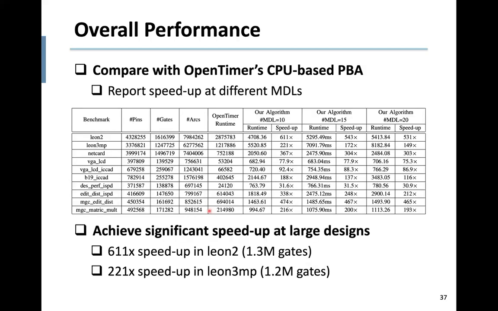This slide shows the overall result that compares our runtime of 1 GPU with OpenTimer of 1 CPU. Apparently, the more levels you expand, the higher runtime we need, even though it's only a tiny difference. We can achieve very large speed up on this process, especially for large design. For example, in design Leon 2, that has 1.3 million gates, we are about 600x